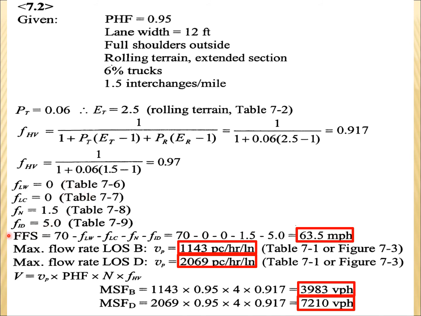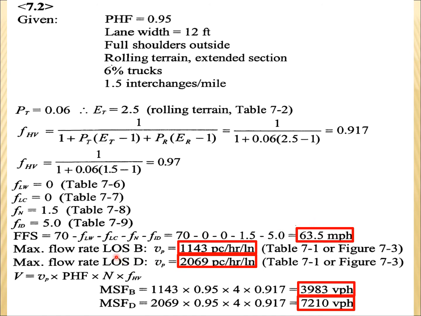So just plug in the values in the formula of free flow speed, and we are getting it 63.5 miles per hour. So if we just develop a curve corresponding to 63.5 miles per hour on figure 7-3,